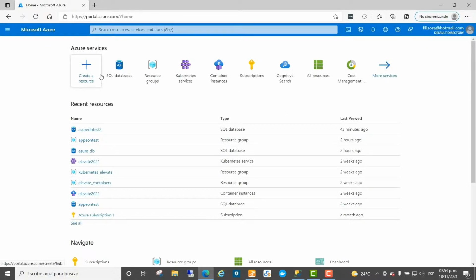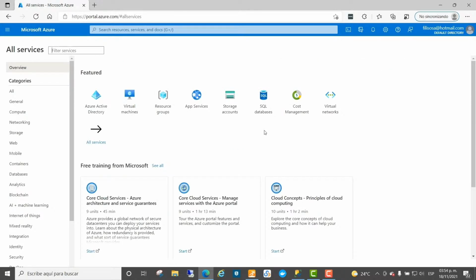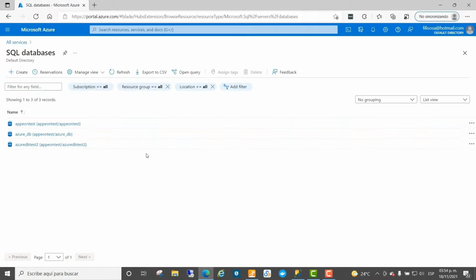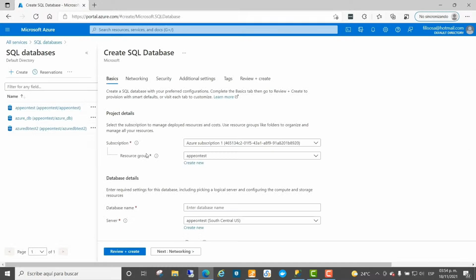Here we have all the services that Azure provides to us, and we are going to create a SQL database. Here's the list of databases that I have right now. So let's just click on create. It is going to ask me for a resource group. I already have one. That's Appian Test. And I'm going to put a database name,